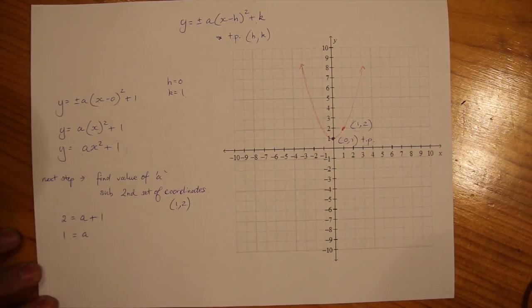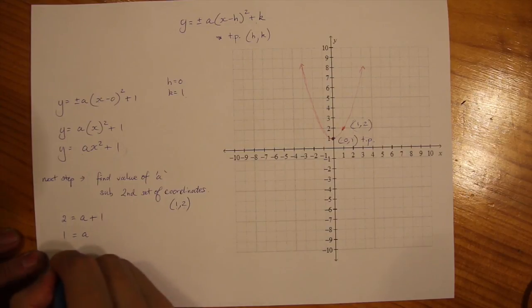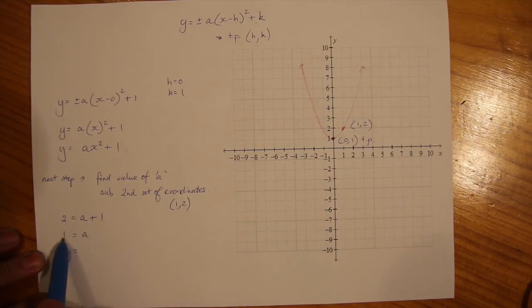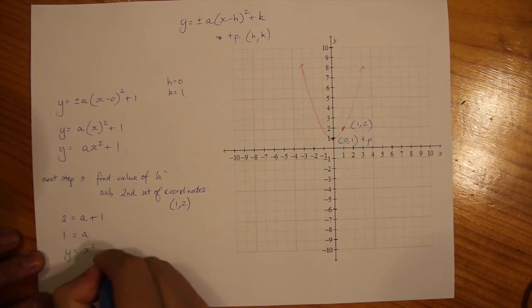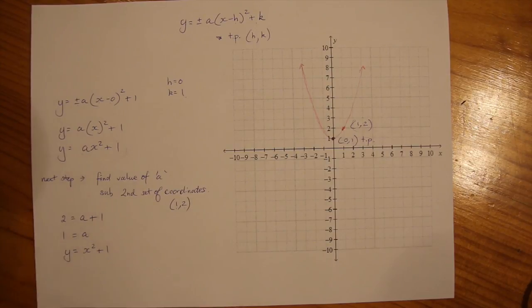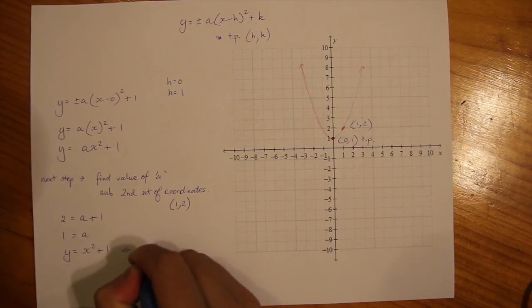So a equals 1. Okay. So now what we have is y equals, we're going to substitute that in there. a is 1. We have x squared plus 1. So we don't need to really write that number 1 in there. That's our formula or equation